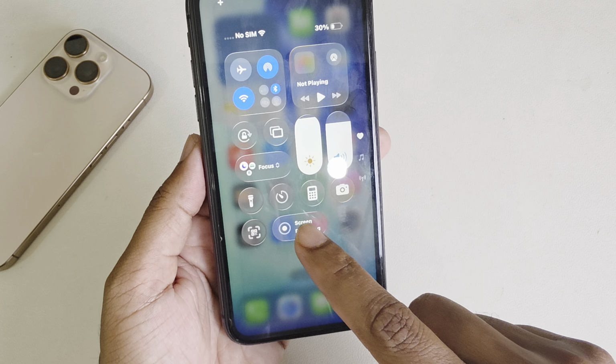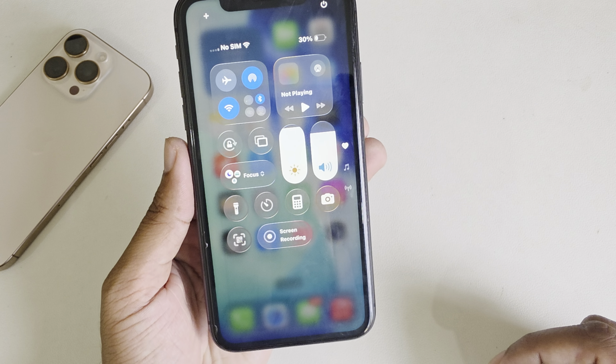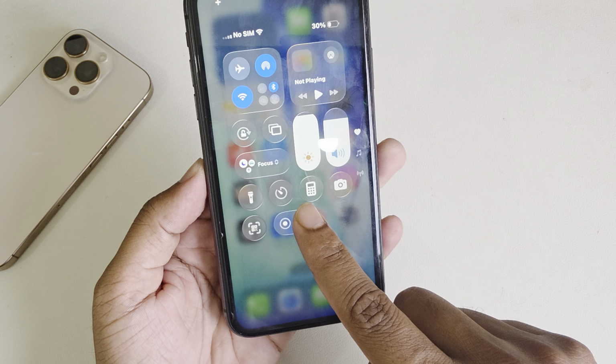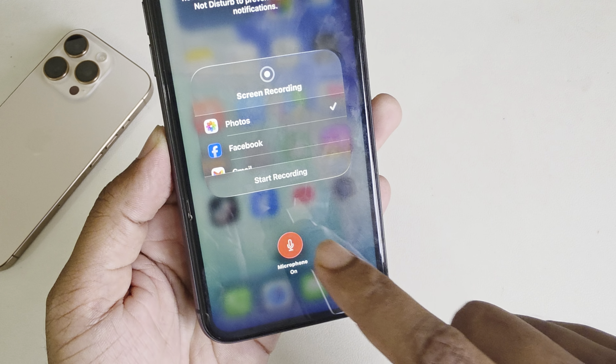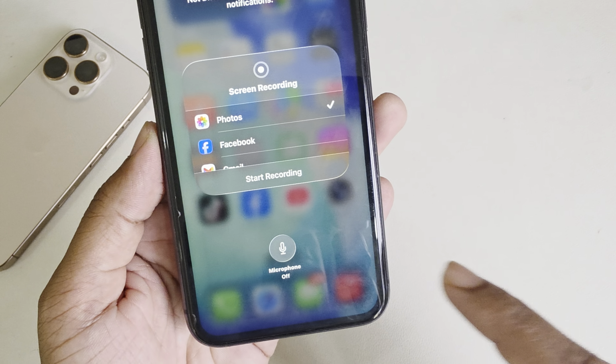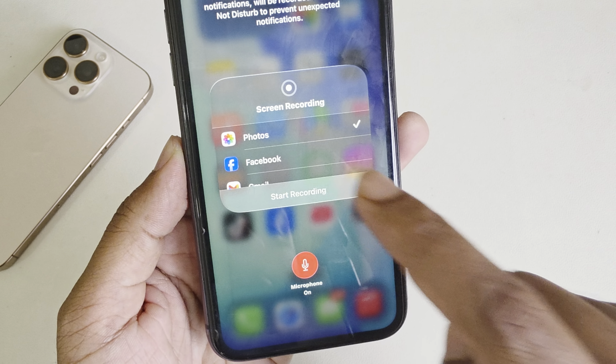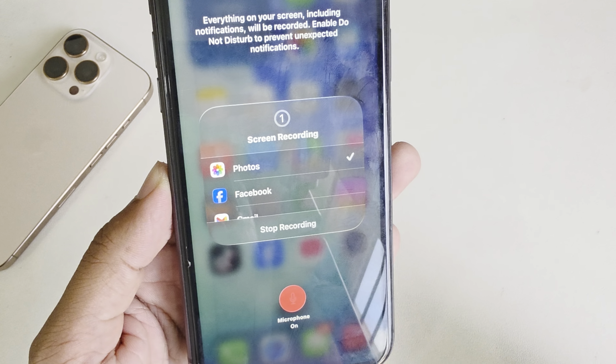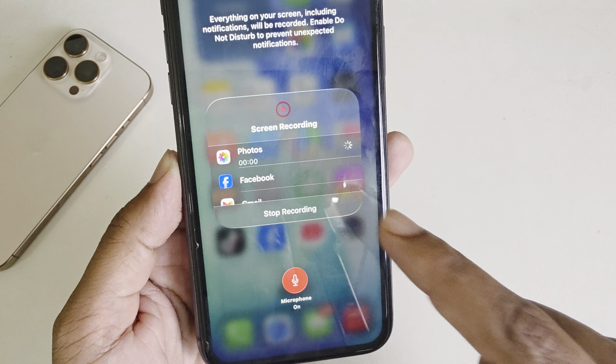You can increase or decrease the icon size. Now if you press on single press, then screen record will start, but it's without voice. Press and hold, then you can see the microphone access. If you want to disable microphone access, you can also do it, and press on screen record. Now 1 2 3, your screen record is